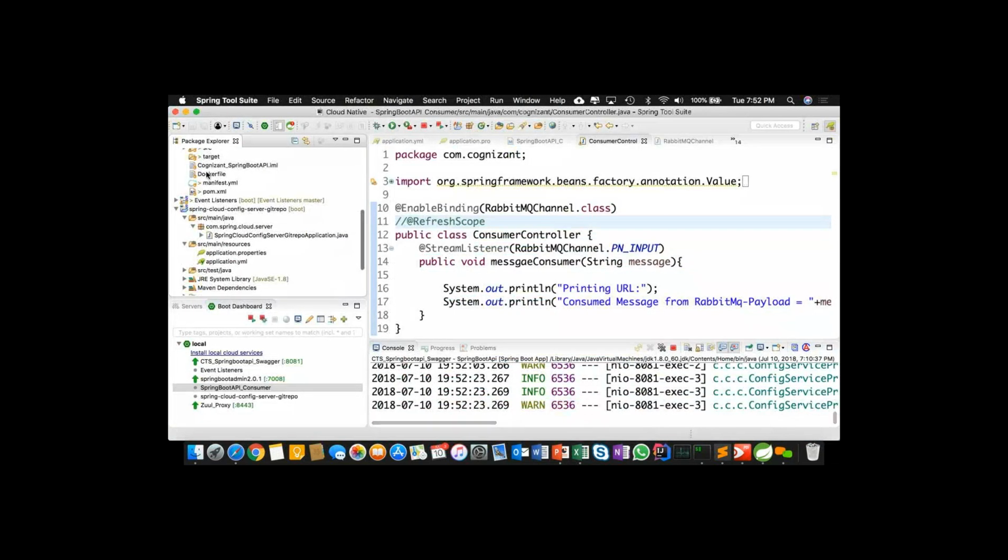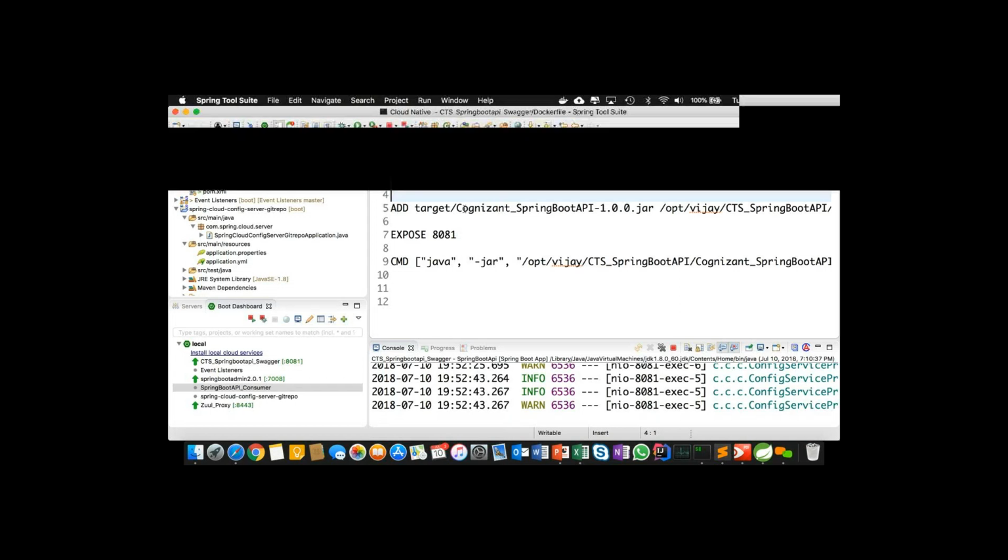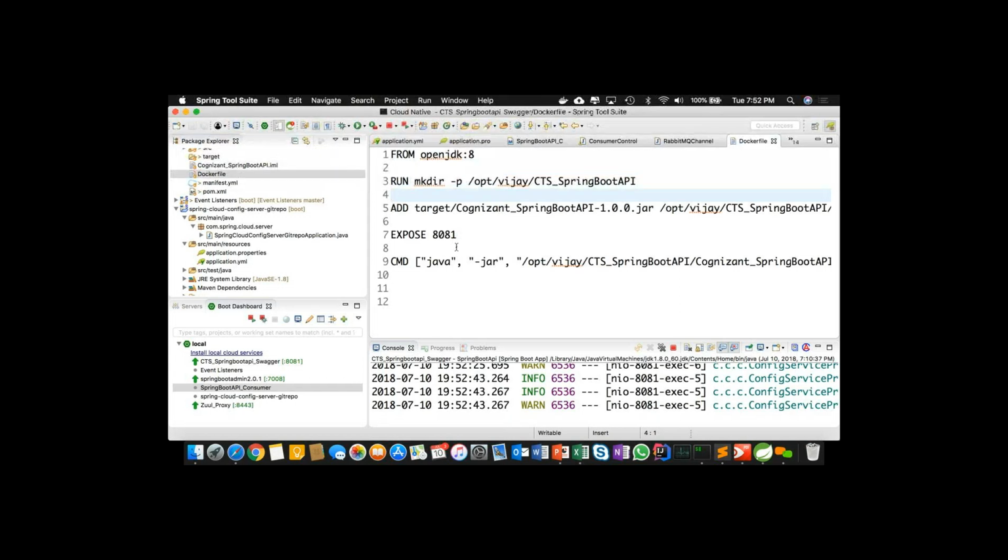So let me open one Docker file also. First thing you need to do is package your application, and then send it to the Docker. From a Docker perspective, you're just trying to pull the image first. Then you're trying to create a directory. It's just like any Unix server maintenance, right? Then you push your jar file and you're exposing a port out of it. That's it. And once you generate this Docker, you can just say Docker push and you push it to